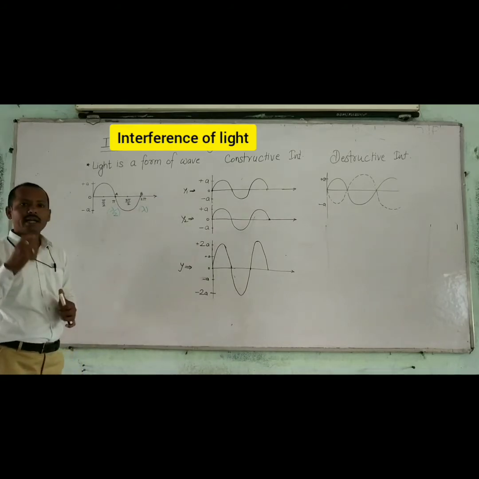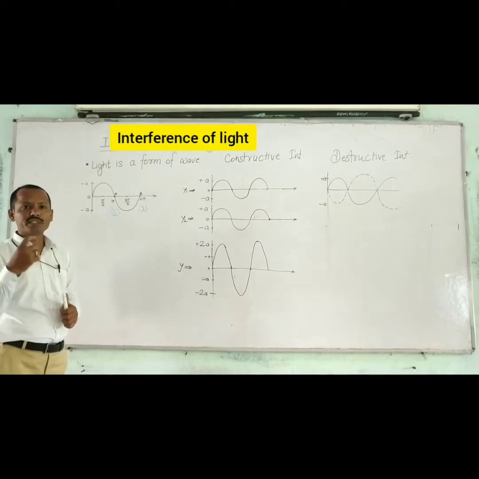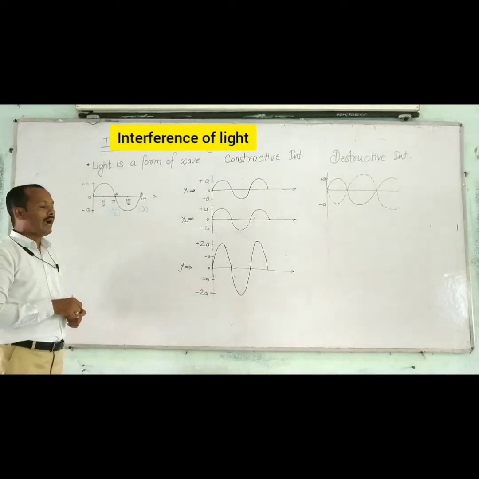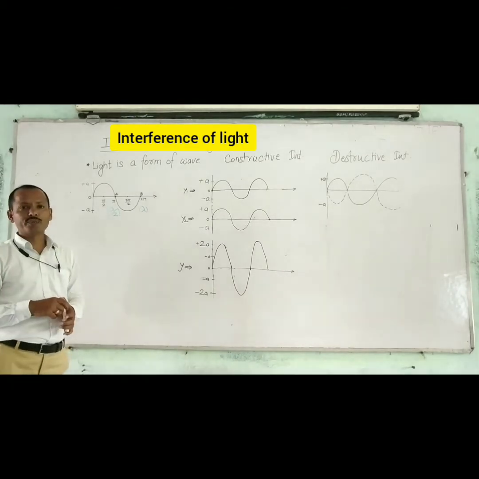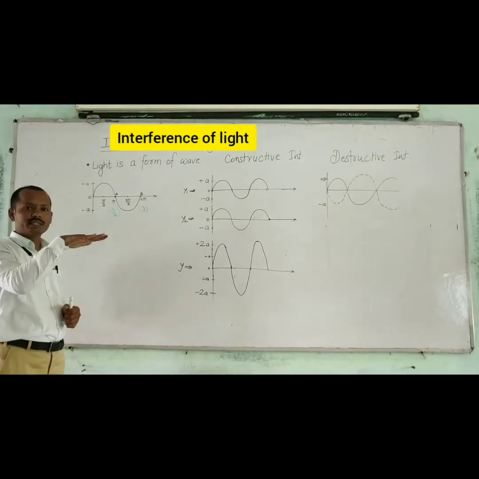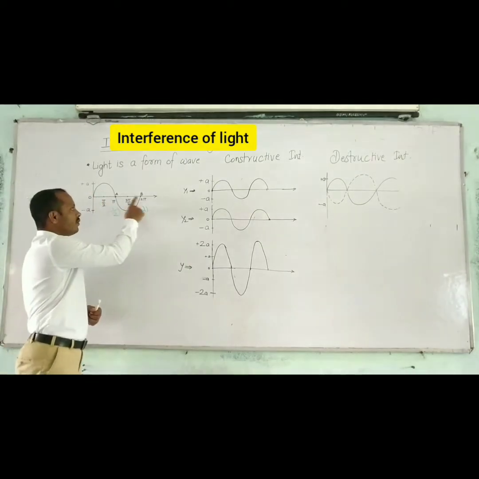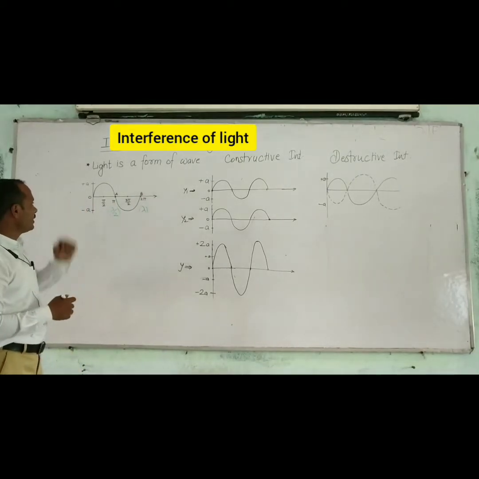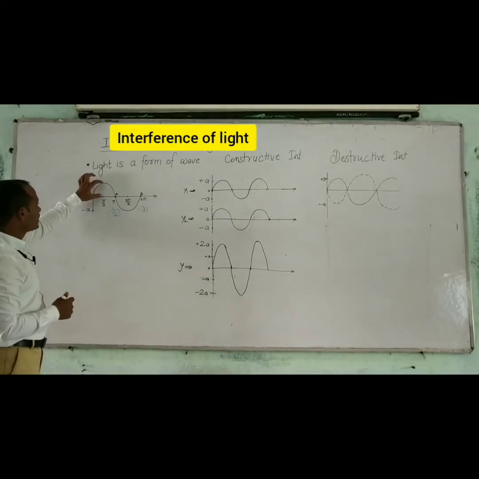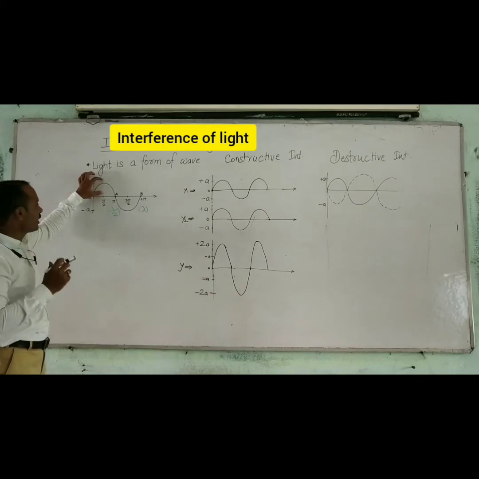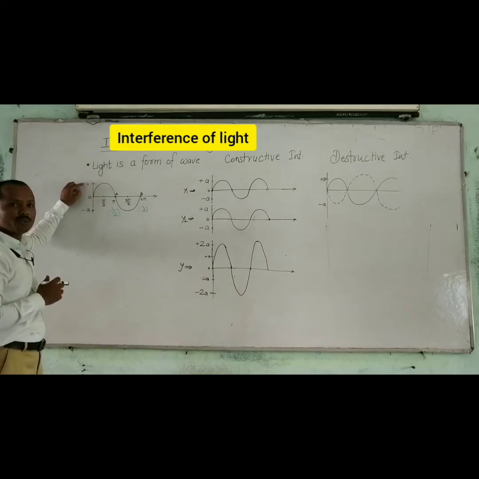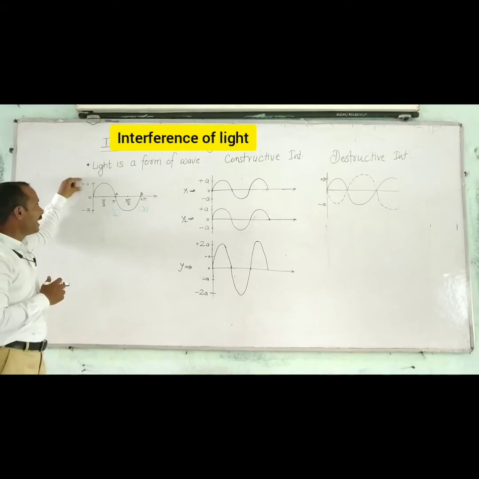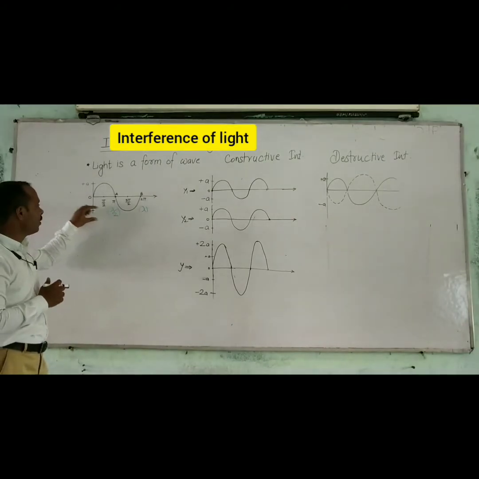We know that light is a type of wave, which is a vibration of a particle, and as light is a transverse wave, the vibration is upward, and then the direction of motion of the wave is forward. We can easily observe that. In light, the maximum distance covered by the particle is known as amplitude, which is given by plus a at the upper side and minus a at the lower side.